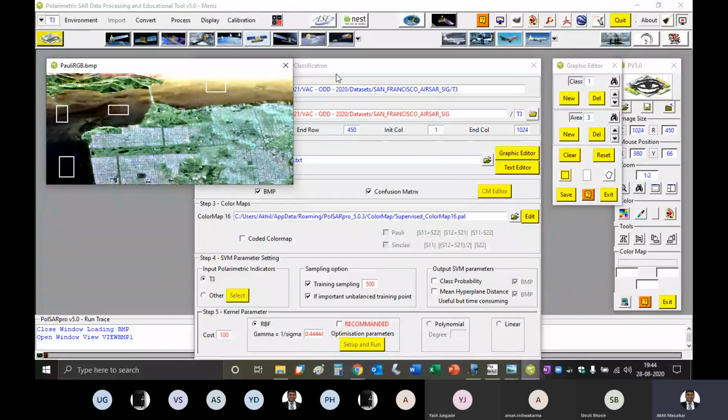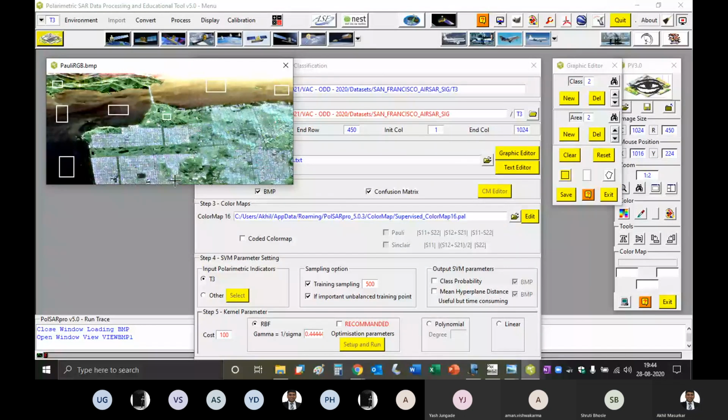Water body is also water body. Like this. Then we can go to the new class and say that this is green cover. New area in that is also green cover.